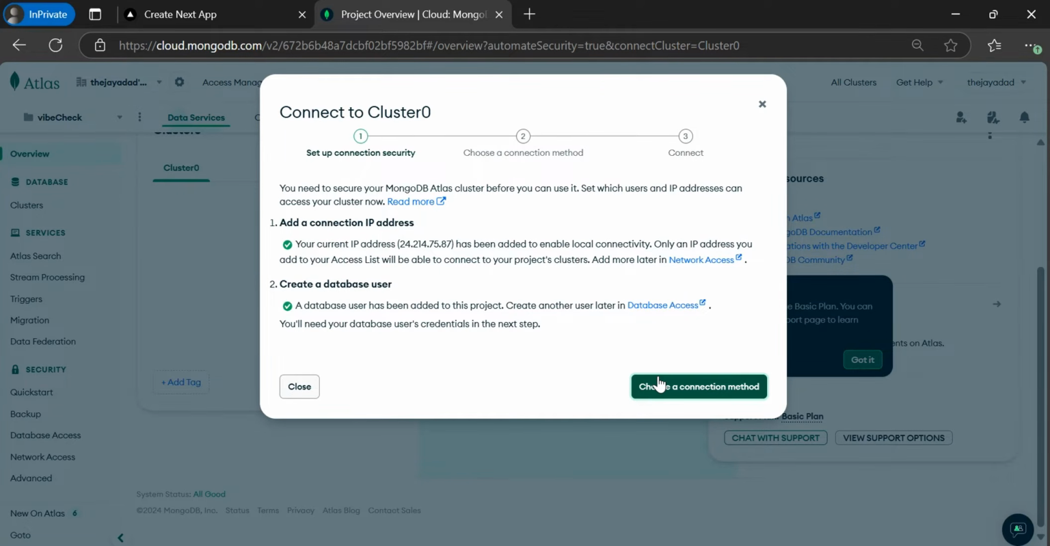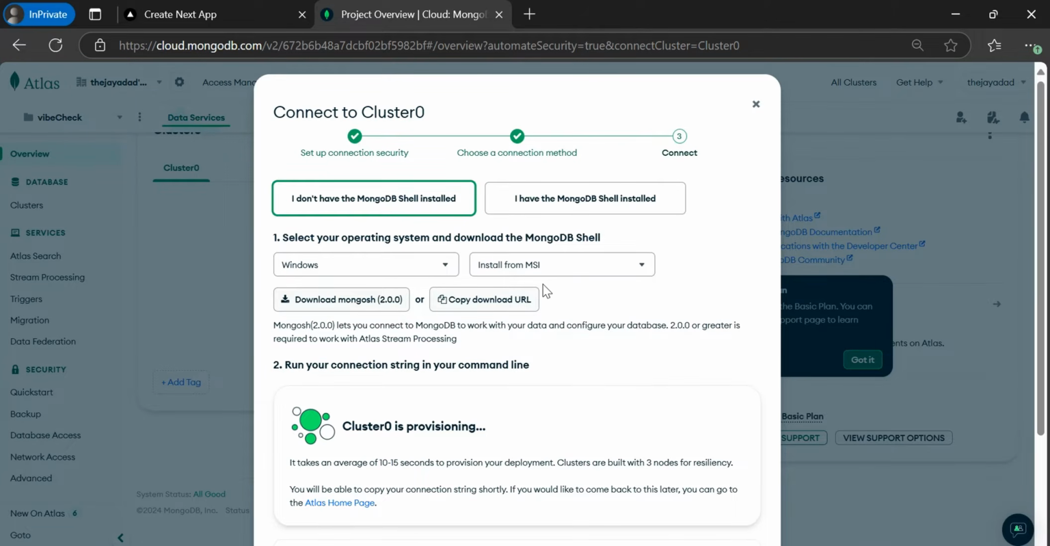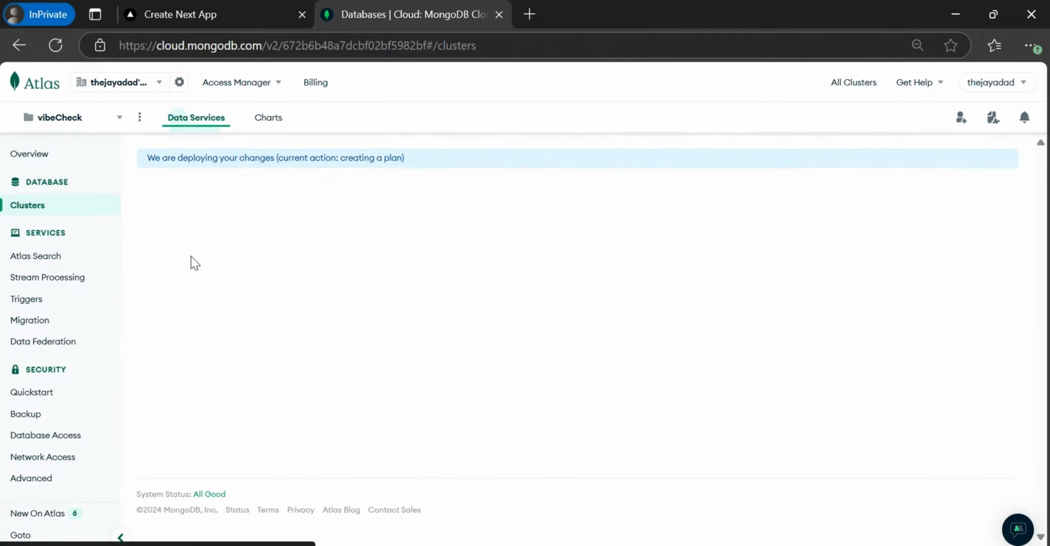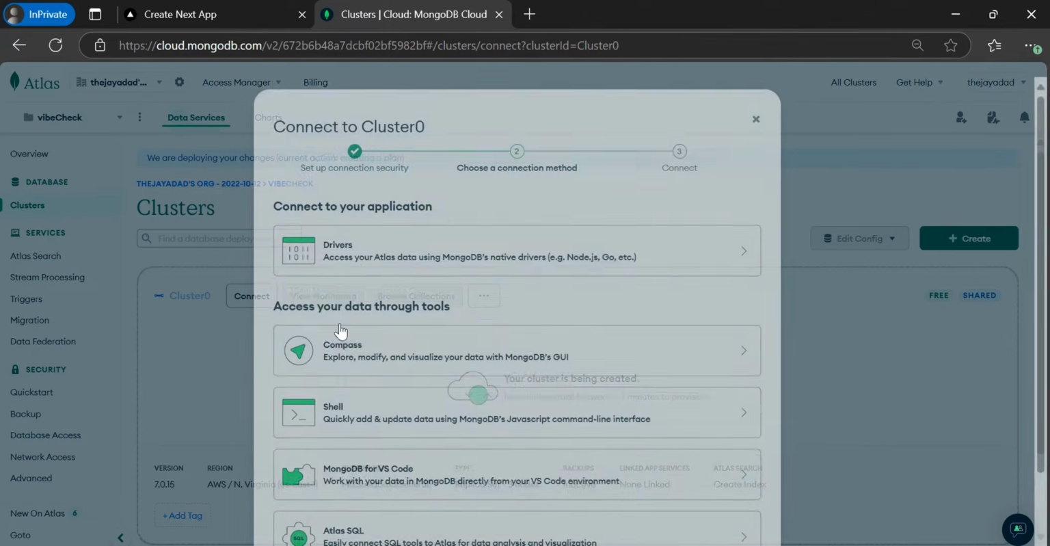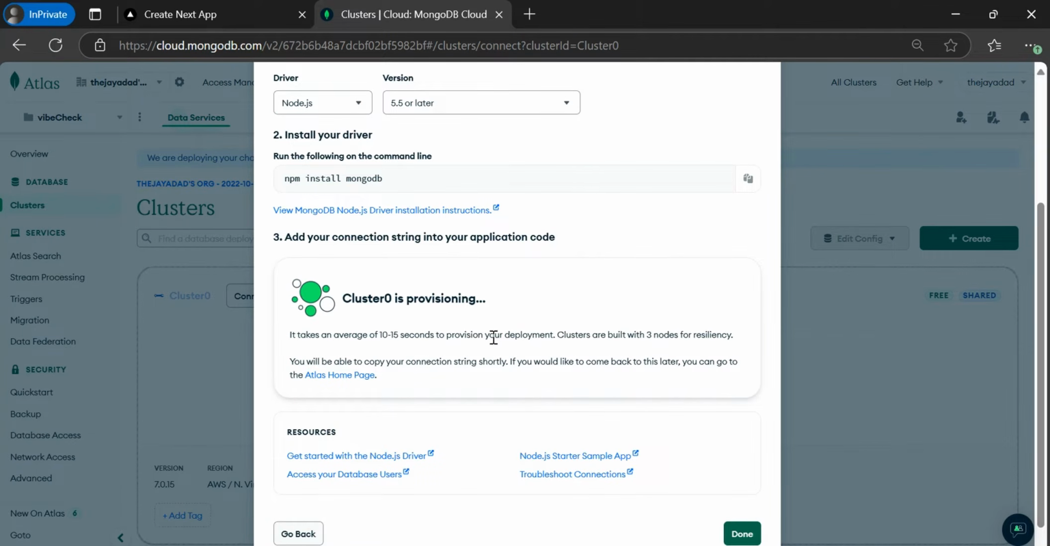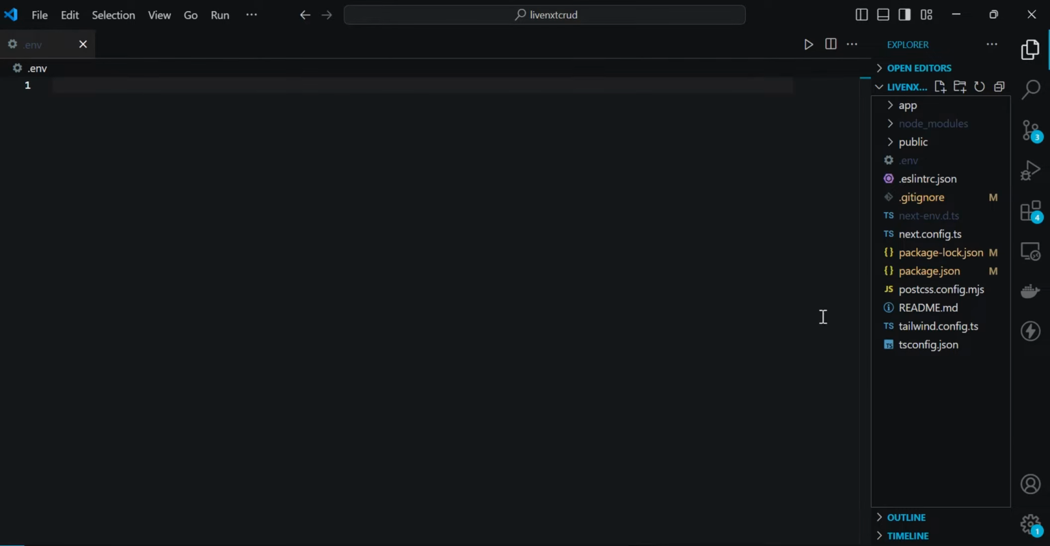And we'll go ahead and click on check or choose a connection method. Uh-oh, might have hit the wrong button. Back to cluster, connect, drivers, and it is still in the process of provisioning. So while it is provisioning, what I'll do is go ahead and set up the database function to connect to